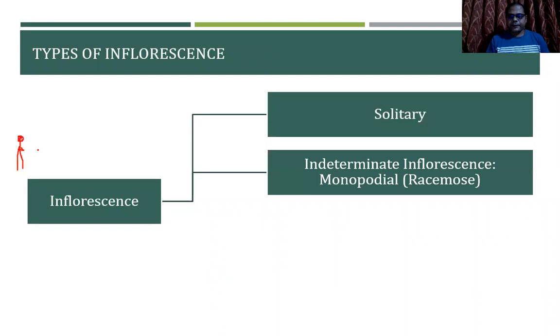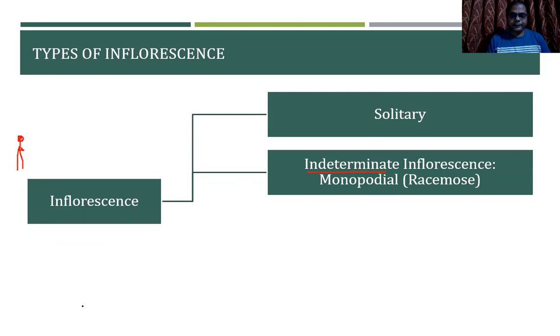We'll discuss more about solitary flowers some other time. Now, inflorescence is put into four different groups. We have solitary as one group. Then we have another group, the racemose kind of inflorescence. It is also known as the indeterminate inflorescence or monopodial inflorescence. Why is the word indeterminate coming here? Let's understand the word indeterminate, which will make it clear why this is the form of inflorescence type.